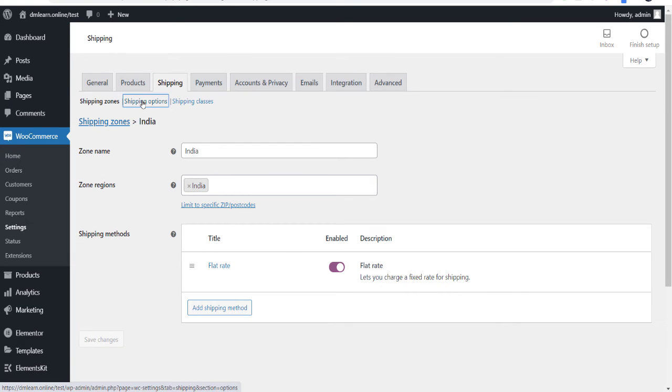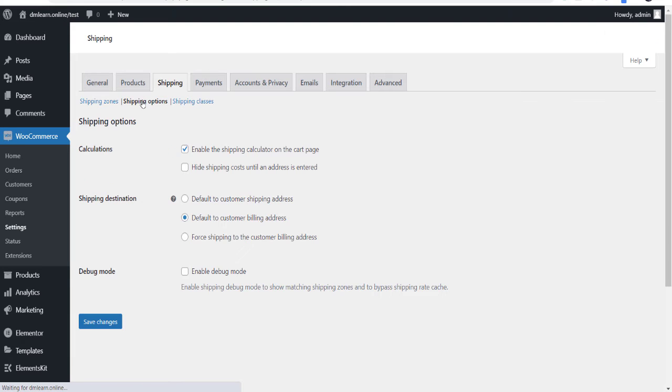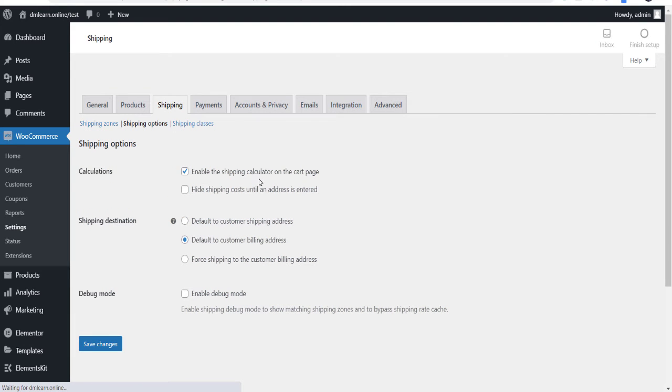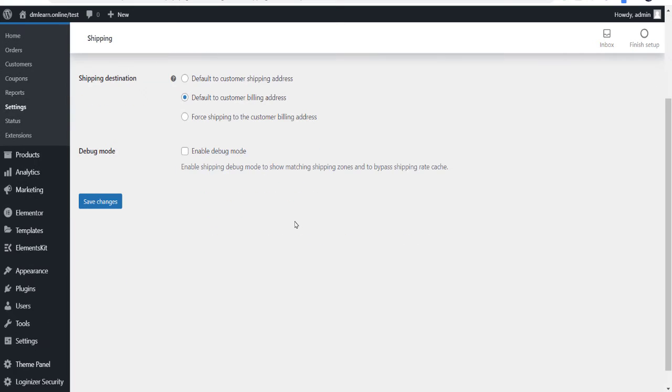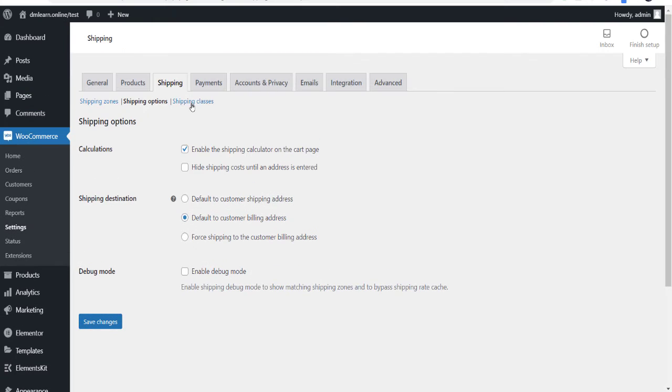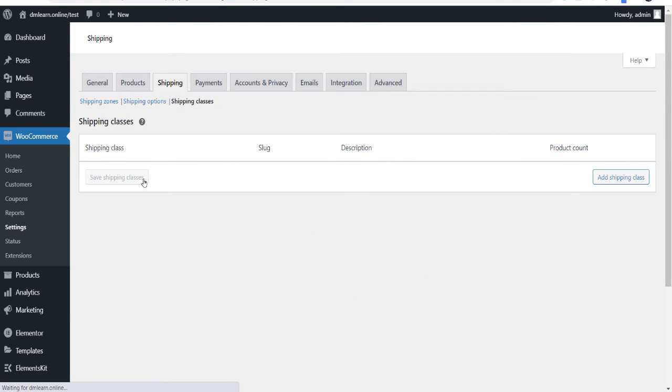For more options, I can click on shipping options. What kind of option am I using? Enable shipping calculator, whether cart pay you have to give or not. Shipping destination: default customer address, customer billing address, or you have to ask the customer forcefully. Next to that are shipping classes, which kind of classes you want to give.